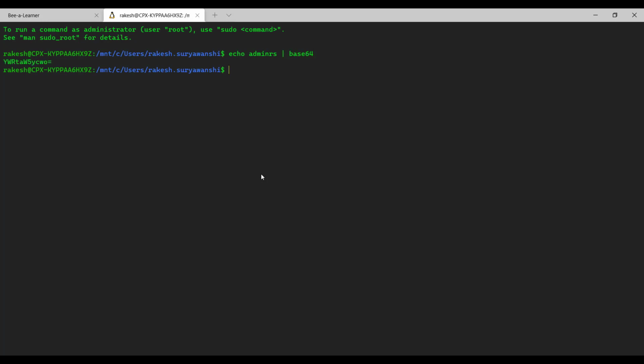So this is what I got for admin rs, which is the name of my username. And similarly, I can create the password, which is, let's say, password 123, and here I'll run the same base64. I'll copy this value